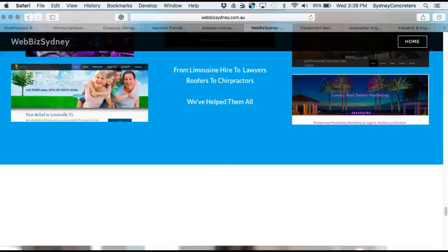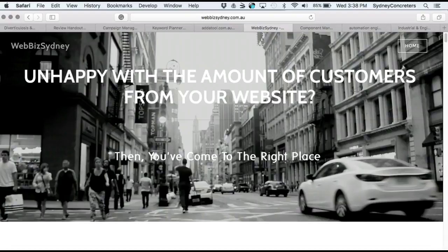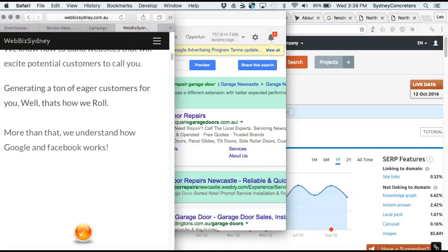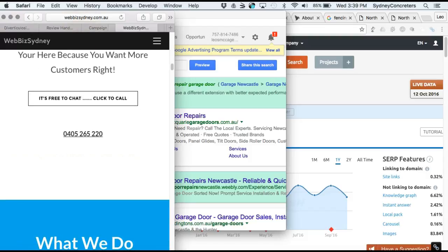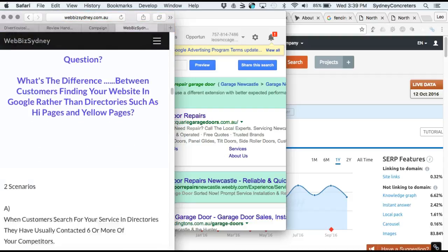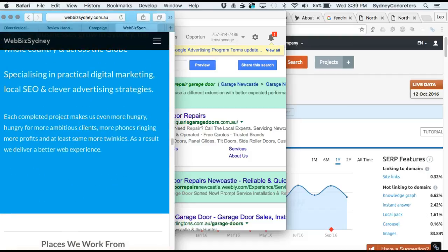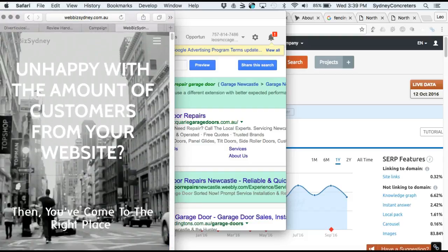First of all, we design beautiful websites for our clients, and not only that, our websites are mobile friendly. So if somebody's searching on their mobile, it's all optimized for mobile, and there's also click to calls here as well. So when people are searching for your business on their mobile, they can click the number here and it would ring your company straight away, which is a really good tool. And Google mentions that it's critically important because most people these days are on mobile and they're searching for businesses on mobile. So as you can see, my website's completely optimized